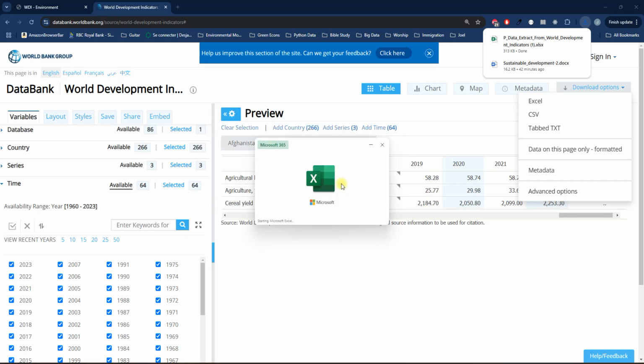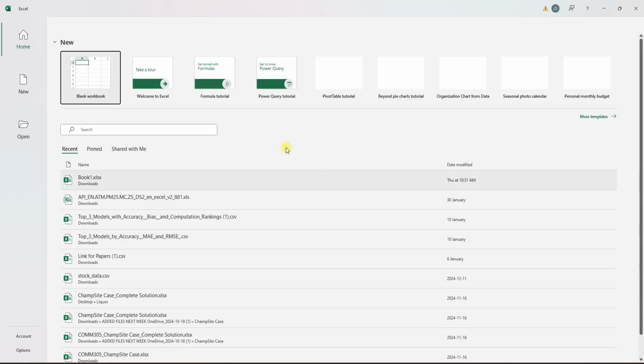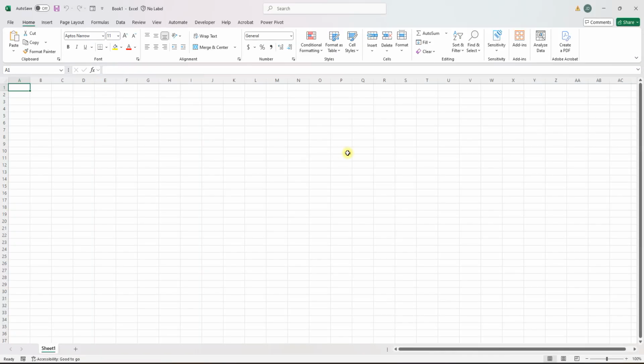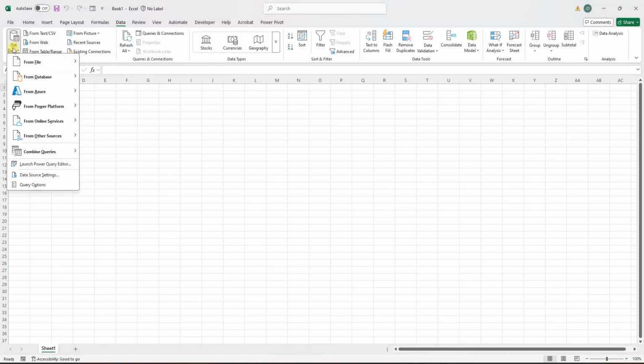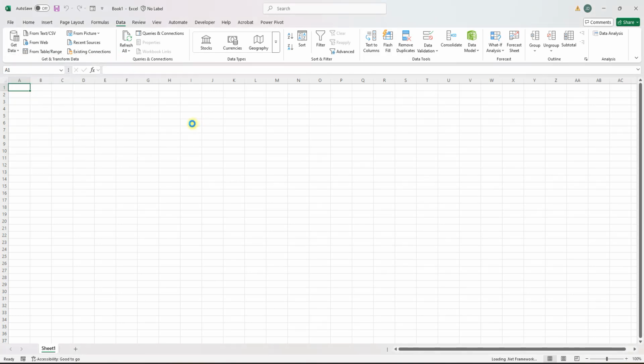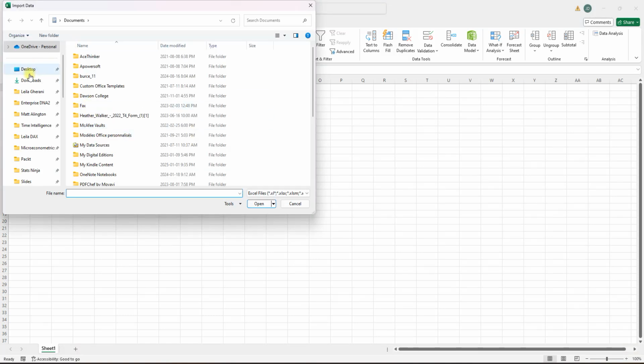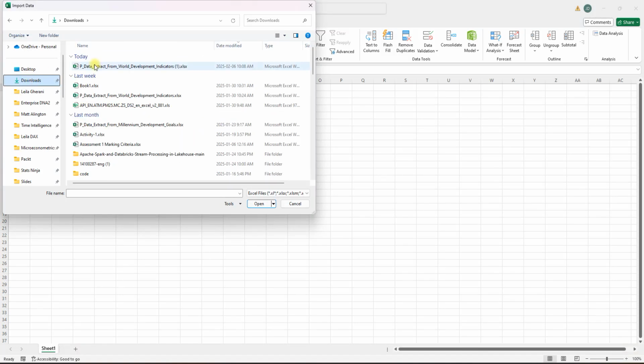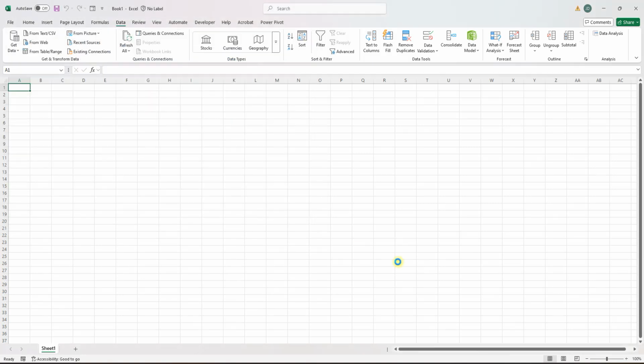And we will use the blank workbook to go and import the data, clean the data, and this time I'm going to be going a bit faster given that you've already done this. Data, get data, file, Excel workbook, and the dialog box will appear that will take us into a download folder. I'll click download. This is my data. I'll click import,